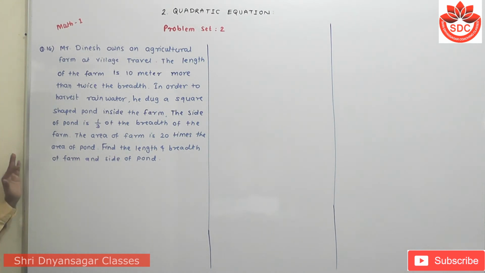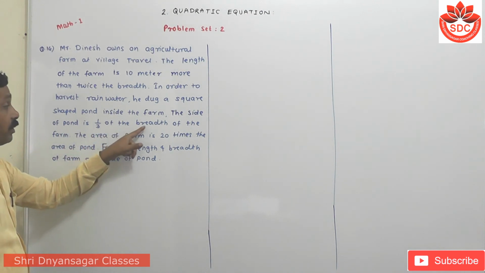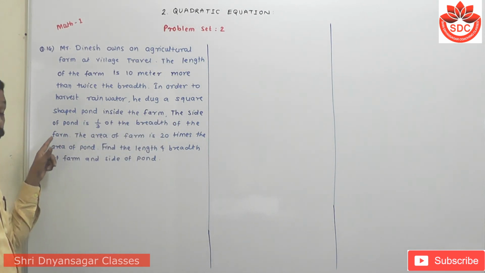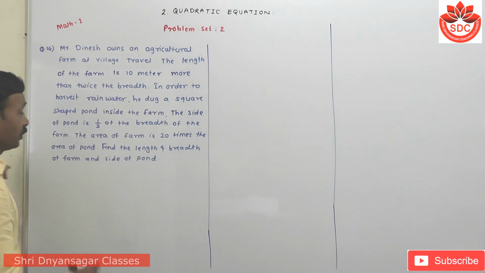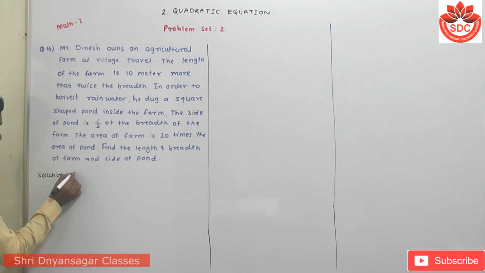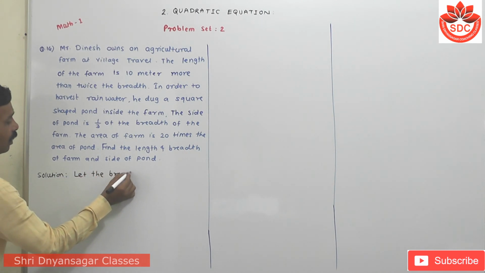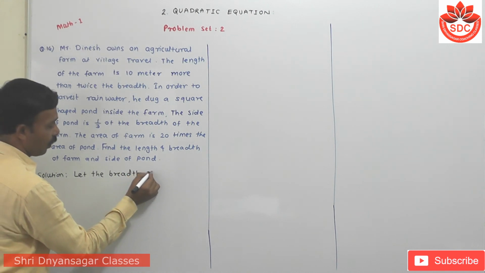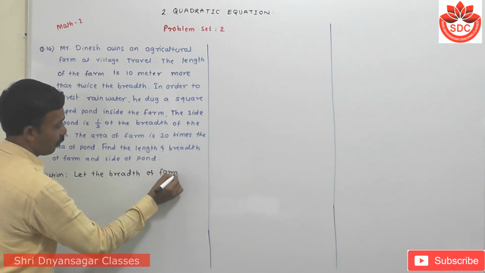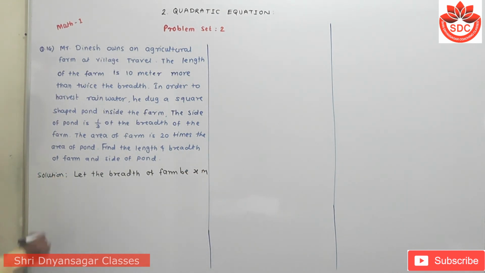आता इथे आपल्याला बघा इथे the side of the pond is 1/3 of the breadth of the farm. म्हणजे इथे आपल्याला breadth आधी मानून घ्यावी लागेल. So that in our solution, let the breadth of farm be x meter. Therefore, its length